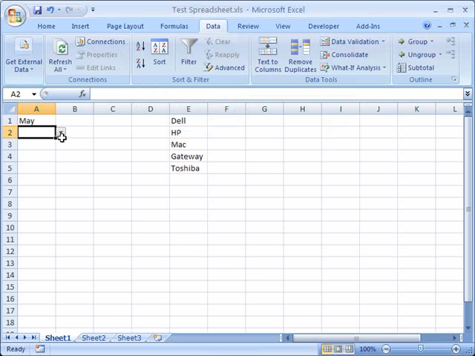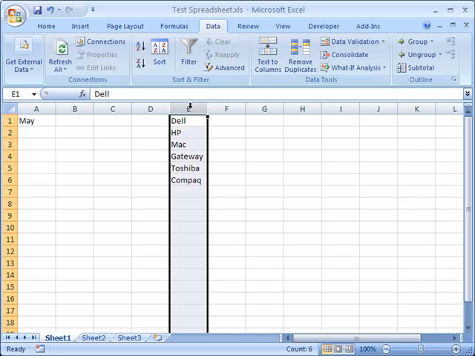Now I have this symbol which indicates that I have a drop-down menu to select from. When I pull it up, you can see that the values here are identical to the values that are listed over here. What's probably more important is the fact that the values listed here are going to be dynamic based upon whatever's over here. So if we added another manufacturer, let's say Compaq, now we can go here, and you'll see that Compaq is now an option, because it is going to dynamically draw the values for this drop-down list off of whatever exists in the E